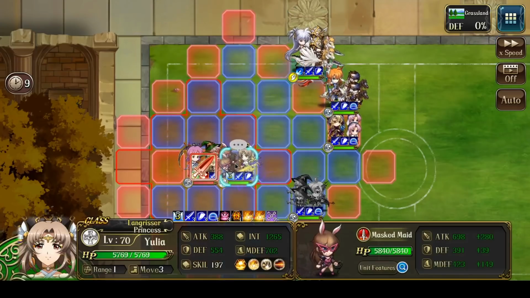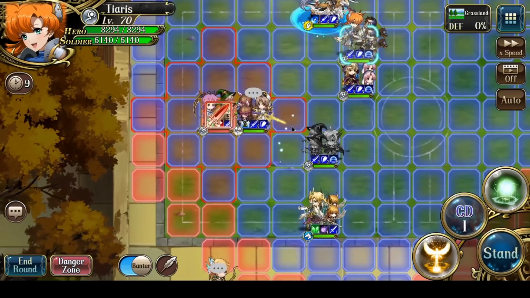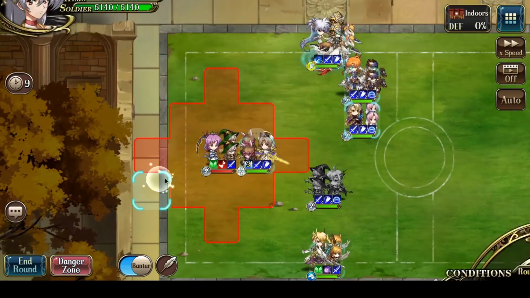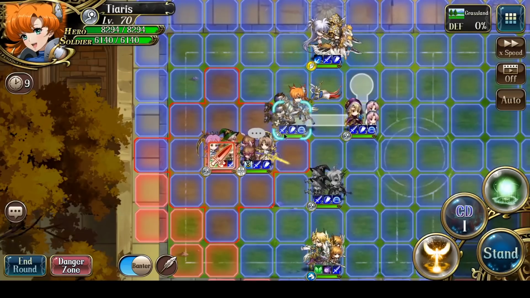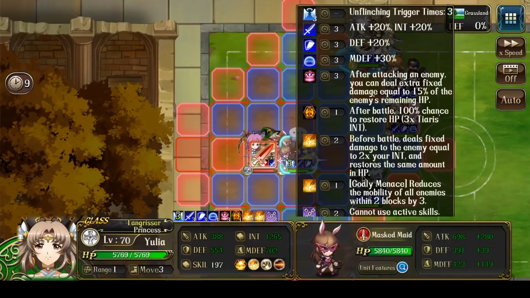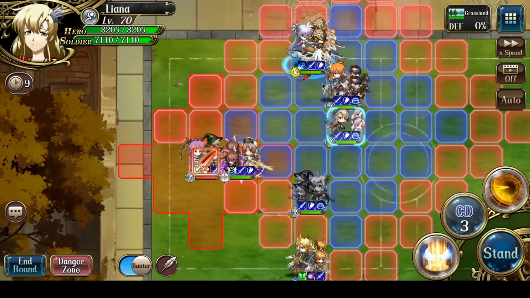So unfortunately though, my Yulia got silenced, and I gotta get rid of that. Is that the only debuff on her? That's what I need to check. Yes, there's only one debuff on her. So...